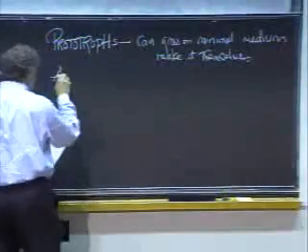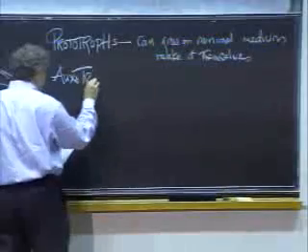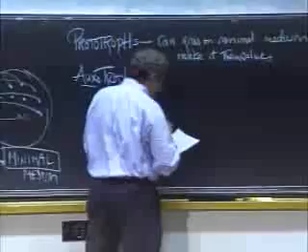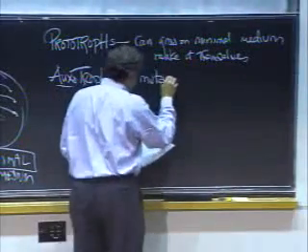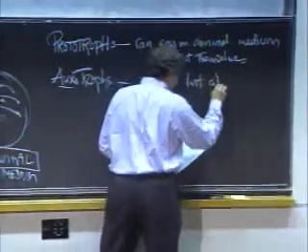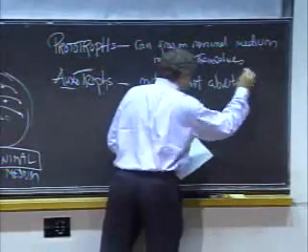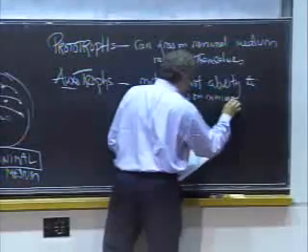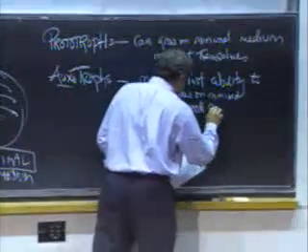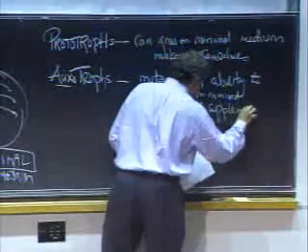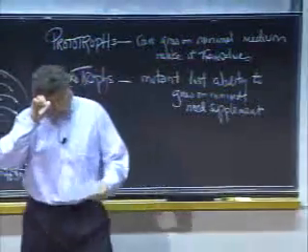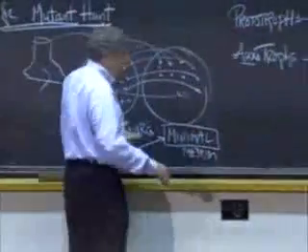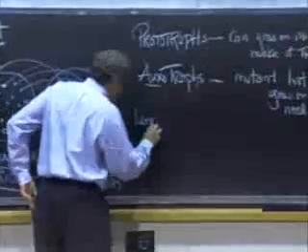Yeasts that need help, that cannot grow by themselves, that need a supplement, are called auxotrophs. Auxo obviously meaning help. So it's a mutant that has lost the ability to grow on minimal medium, and that it needs a supplement of some kind. So if I wanted to, I could just first collect lots and lots of auxotrophs and then figure out what they need. So I might collect a large collection of auxotrophs